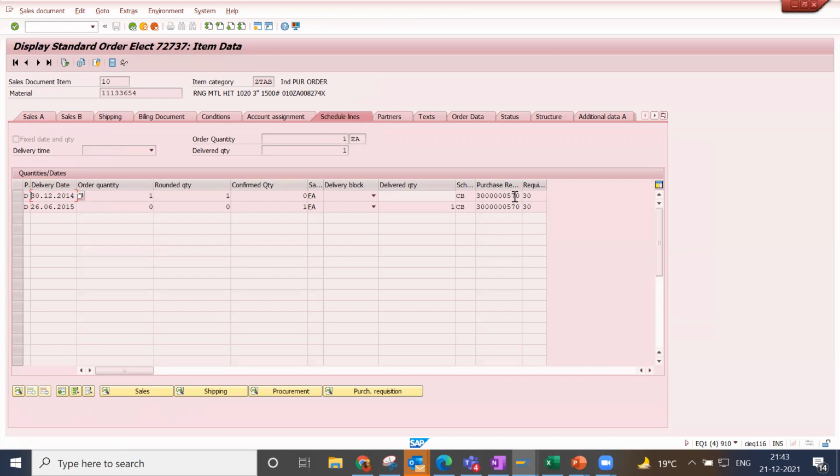Again, this PR will be converted to PO. If I go to the document flow, see here the purchase order is created and the delivery, and in the background the GRIR happens, which is not captured in the SD document flow. After this, packing, everything is done. Again, the goods issue, then the invoice is generated.